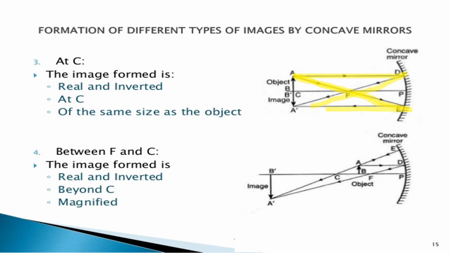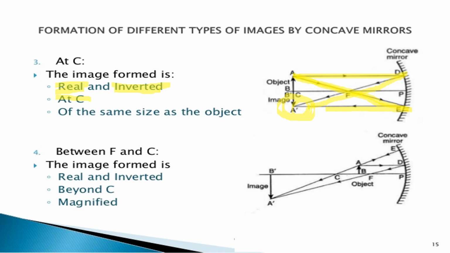So these two rays are going to meet at this point A dash. So that is why from A dash to B, we are going to draw one arrow mark which is showing the image formation. So image is formed here by actual intersection. So that is why we can say this image is a real image, and you can see that it is not in the same manner like the object. It is inverted. Inverted image we got, and where we are getting the image? We got the image at center of curvature.